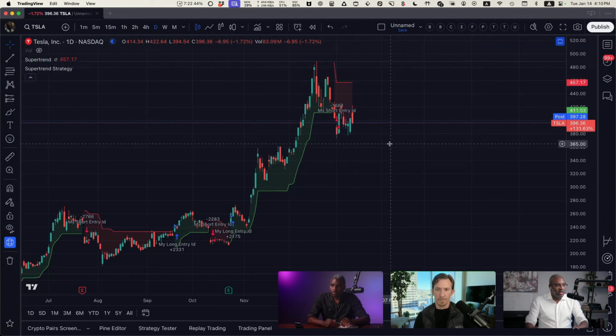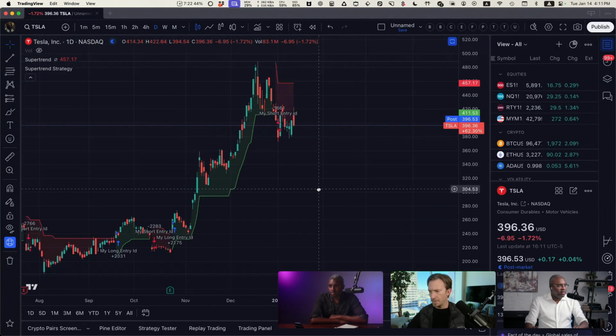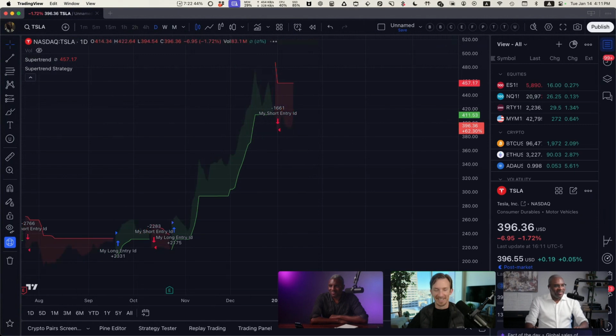So as soon as this tick happens, in my alert log I should see it. Tesla greater than 0. Are we on the market's regular trading hours? Market's closed. Yeah. Let me switch this to